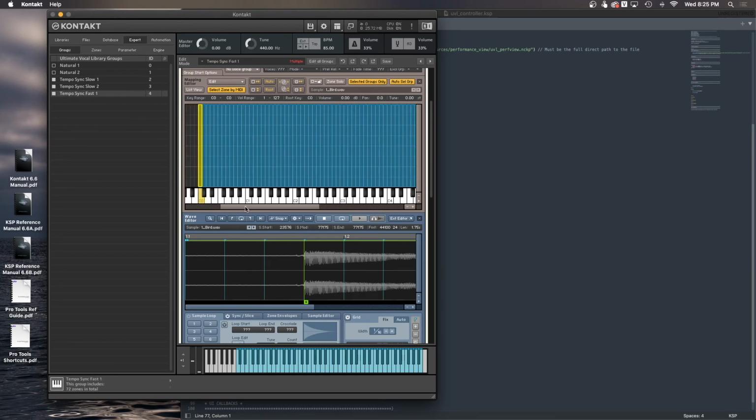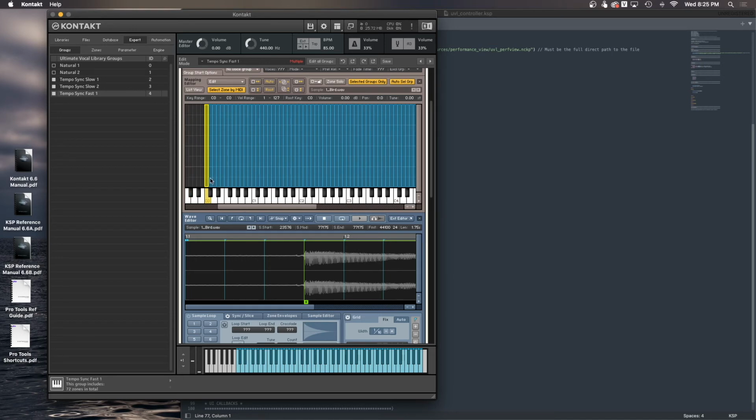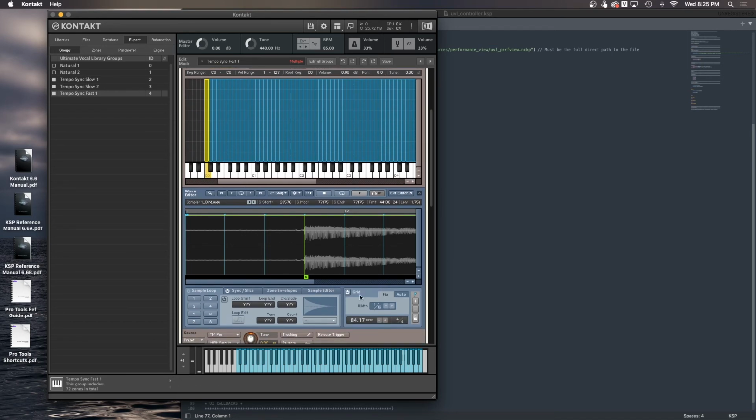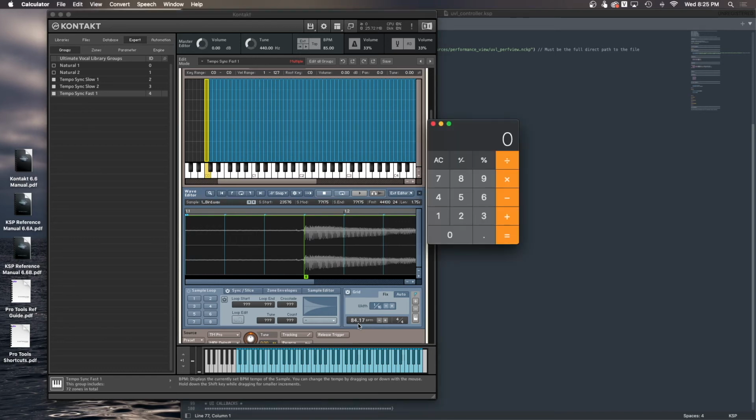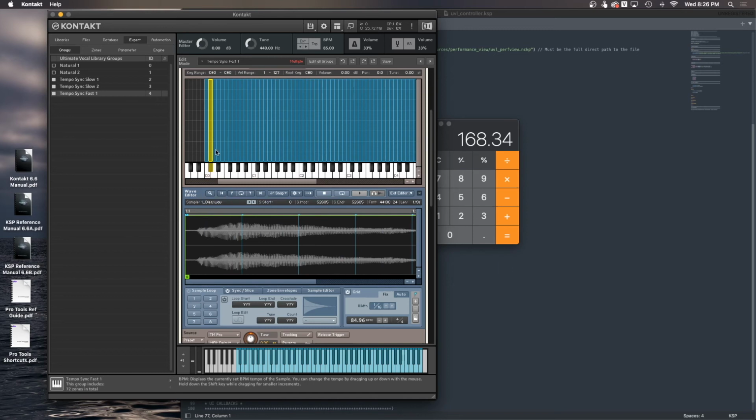And so basically what I'm going to do is for all of these samples, so again, they all now have a grid and a tempo, I'm basically going to just double the tempo that is on here. So for example, with this very first one, it's 84.17. I'm going to double this, and I don't trust my math. So again, 84.17 times 2. I'll basically pop this in. So we'll double click this. Boom, just like that,